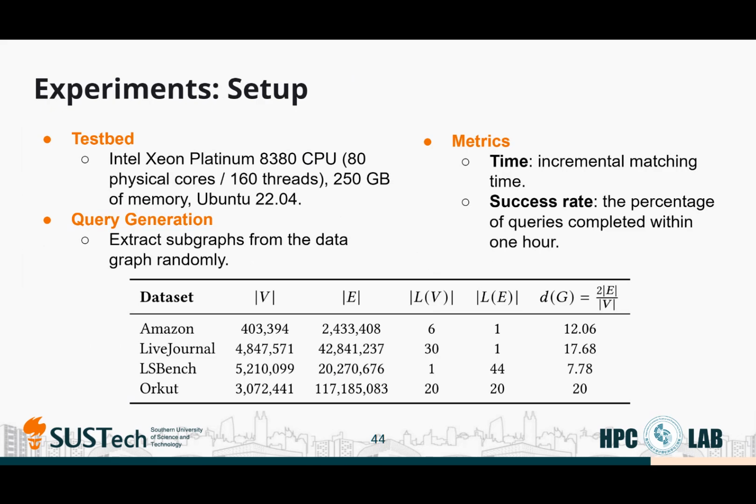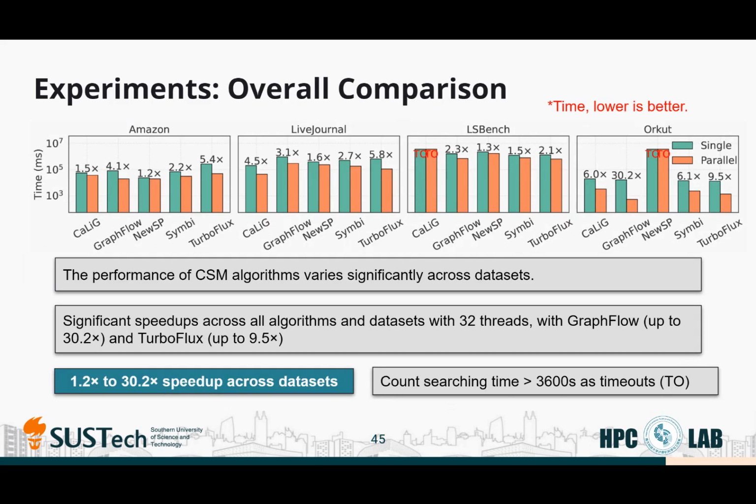We also do concrete experiments on setting up the Paracosm framework. We use an 80 physical core CPU with 160 threads, and we measure the computing time and the success rate. The success rate means the percentage of queries that completed within 1 hour. We also use 4 different real-world data sets for the detailed experiments. And the result shows that